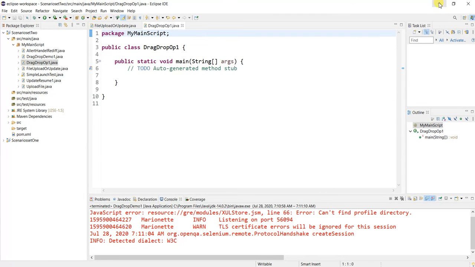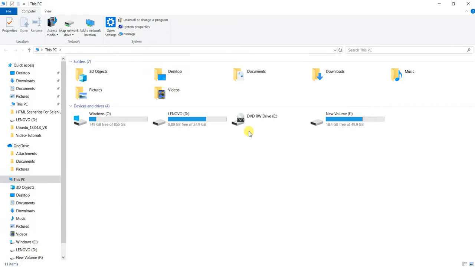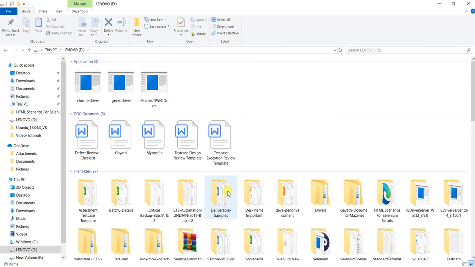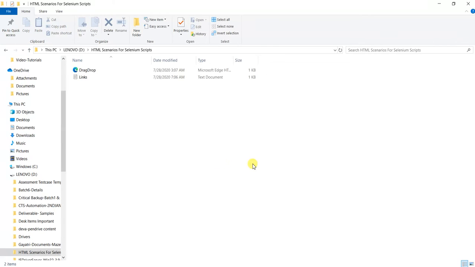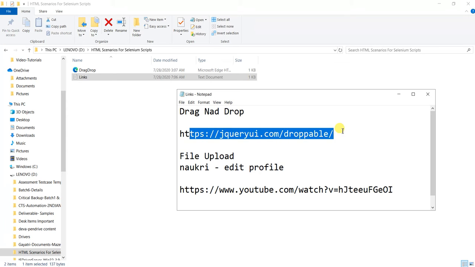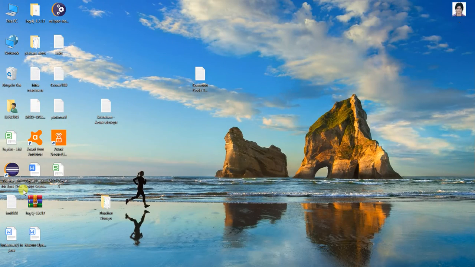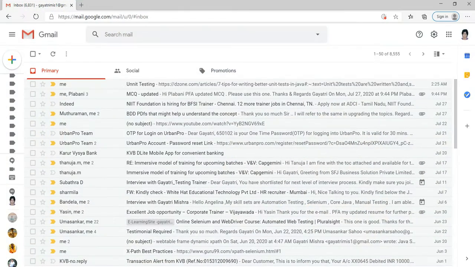Let's decide the test case which we will automate. So I have selected one website where the drag drop event is there. Yeah, this is the site. So let me open the application.